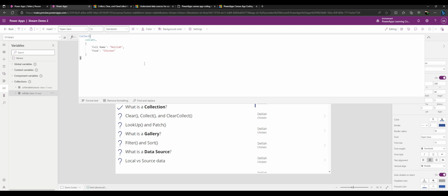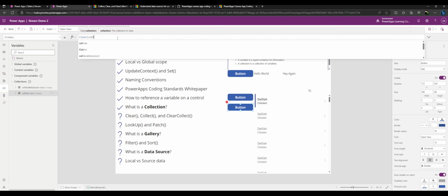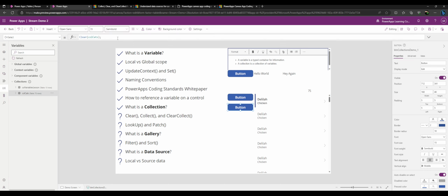If for some reason we don't want any of these cats anymore, we want to start a new collection of cats, we can use the clear function. So we can call clear on clear cats and hit that, and now